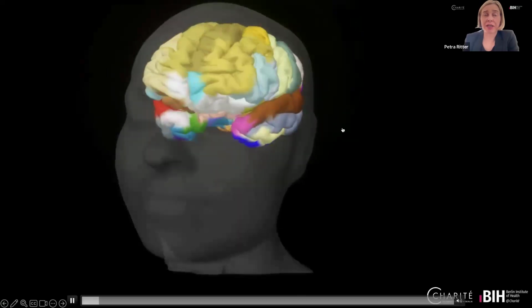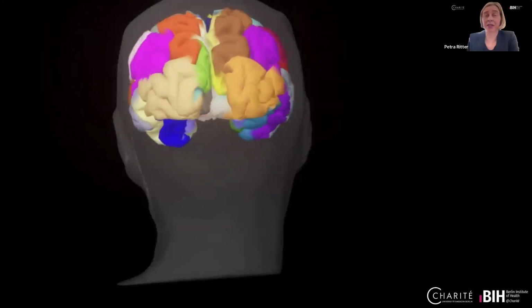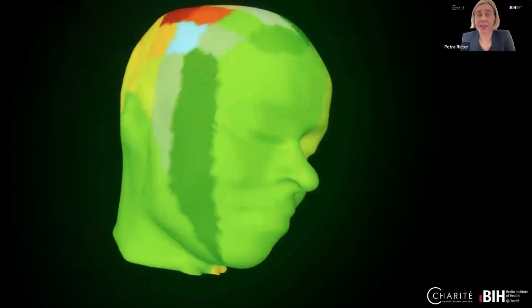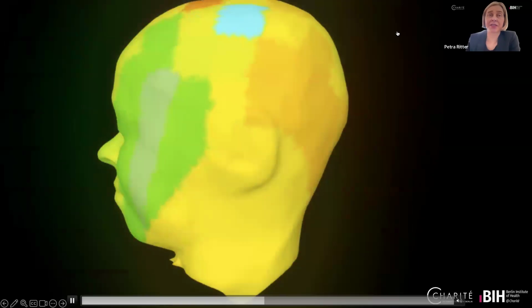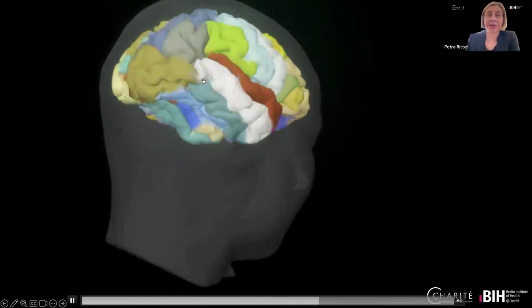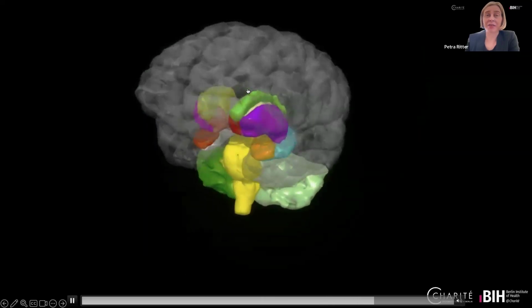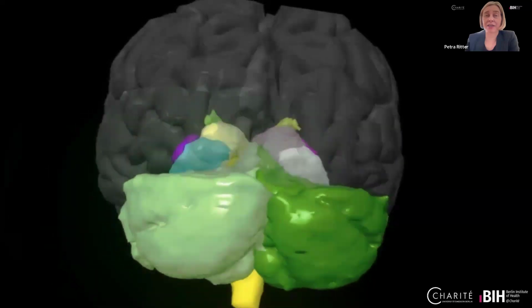So I start with my own virtual brain twin. So you can see that it's really personal. This is all about personalized, subject specific brain network, whole brain modeling. Here you see a simulation of my electroencephalogram. Then here my resting state brain activity on the cortical surface. And these are really my deep brain structures, deep nucleus, cerebellum, that have been reconstructed from my own data.